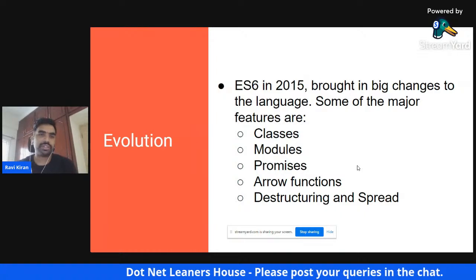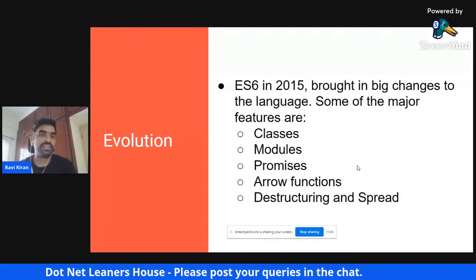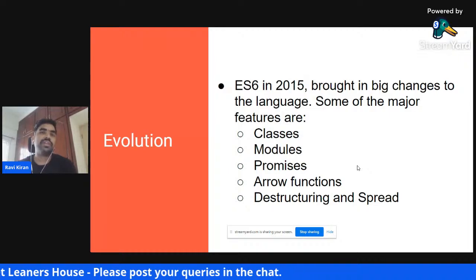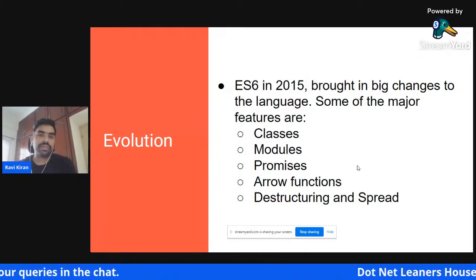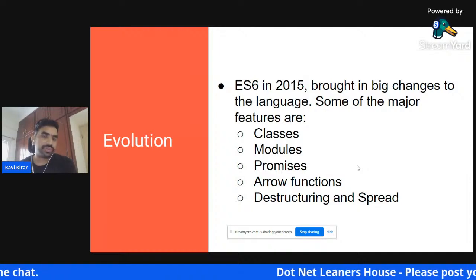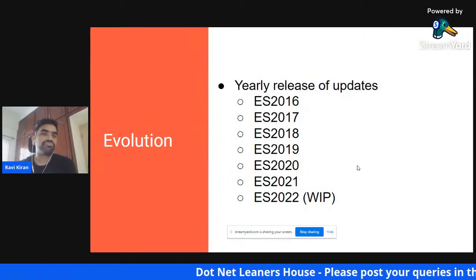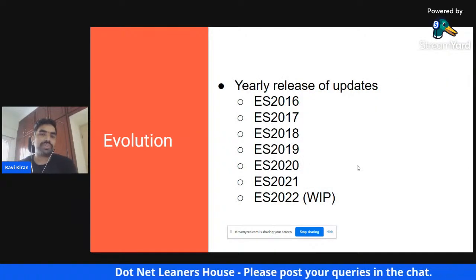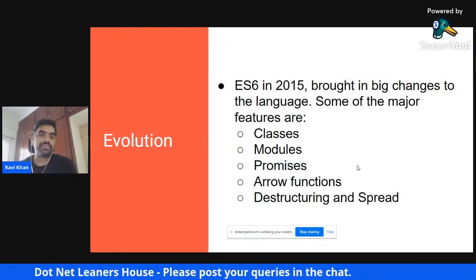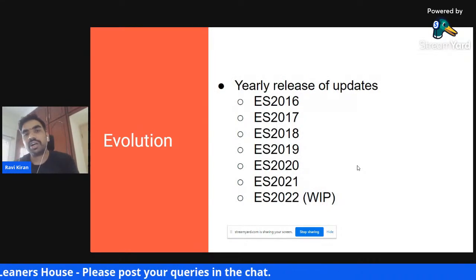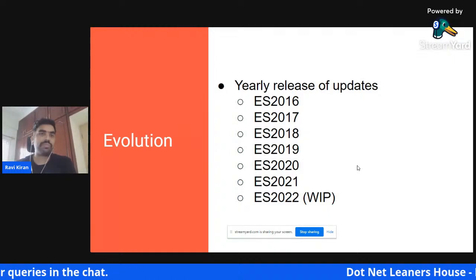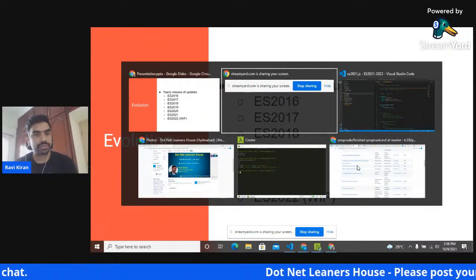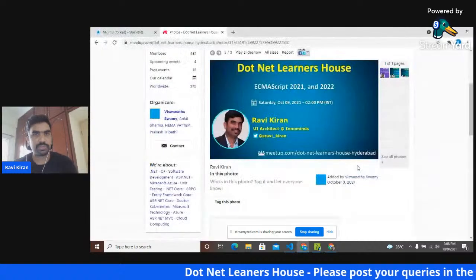And from then on, a community called TC39 was formed, and the TC39 community has taken a decision to give an update to the language on every subsequent year. Okay, so from year 2015 onwards, after this big release, every single year, the language has been accepting a number of different proposals. Okay, so I'll show you the repository.